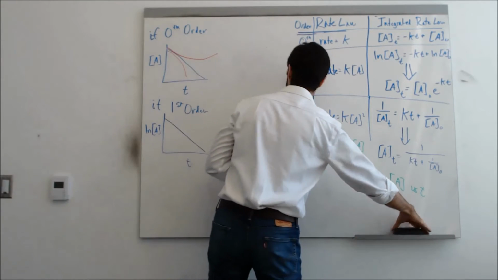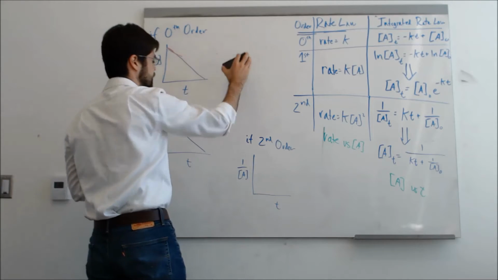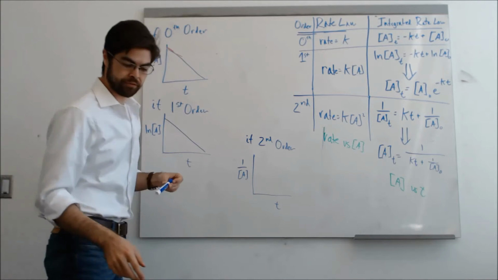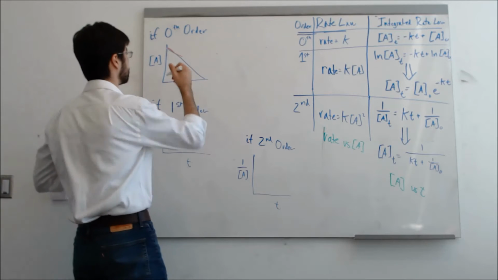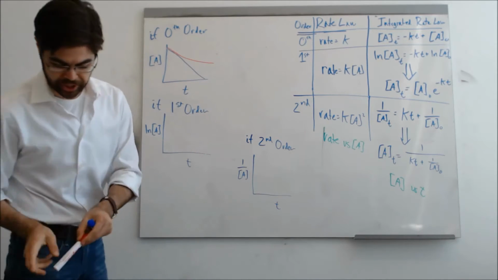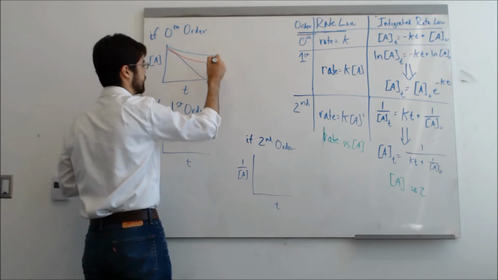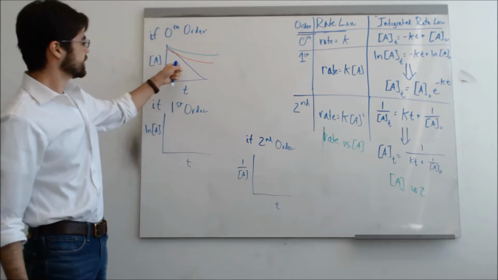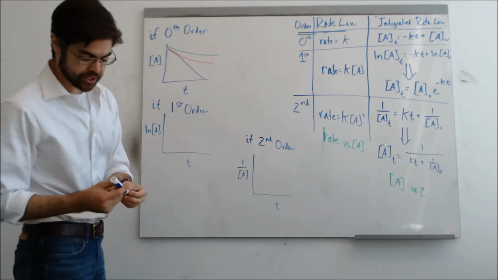So I tell you what, I'll try doing these curves a little bit differently. Maybe I'll say that the blue curve is going to be for a 0th order reaction. The red curve would be for a first order reaction, and then the green curve here would be for a 2nd order reaction. So one set of data, these are each going to refer to different reactions, so I'll call